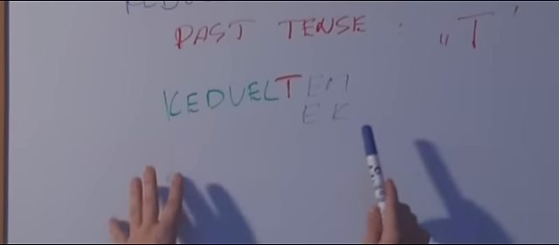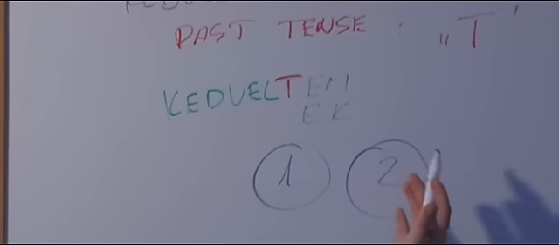I would really, really be happy if I could say that there is a general rule for this one and for this one. So, for example, we have these attachments here and these attachments here, and you put these first and then these. But of course, there is no rule like this. So, you have to learn here that this is one rule. First the past tense, then the personal attachments.